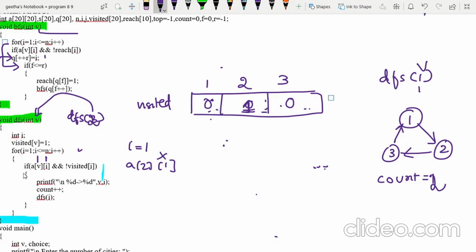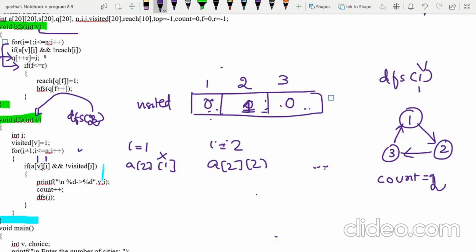So again I becomes 2. So for loop, I is going to take 2 value. So V, you know that it is 2 now. So A of 2, 2, it's not required to check. So again obviously this condition fails.